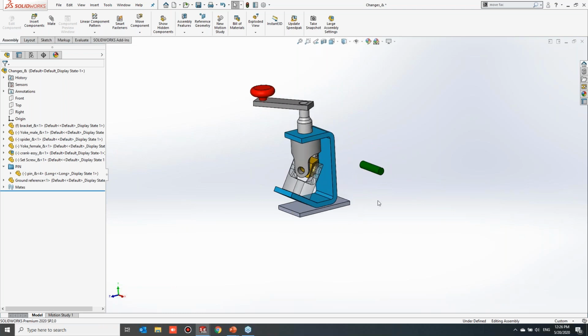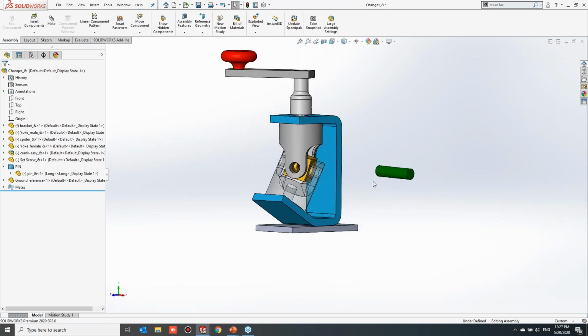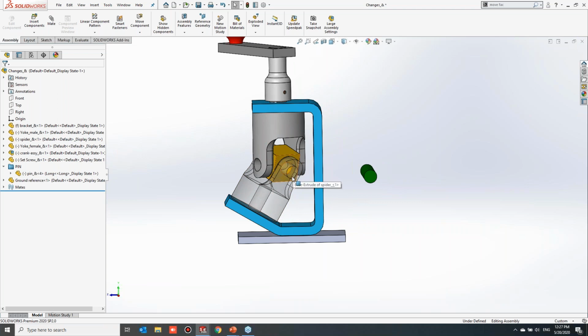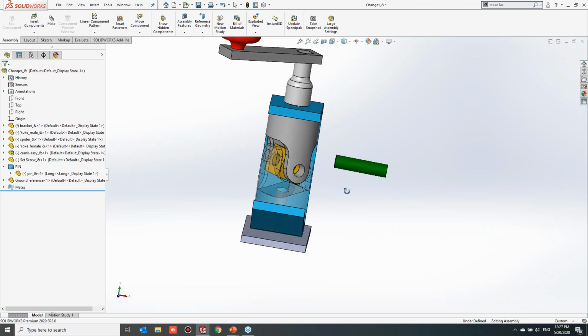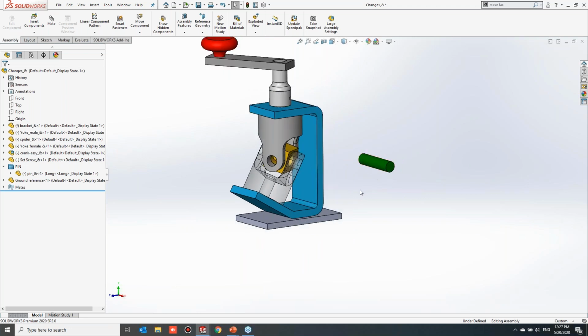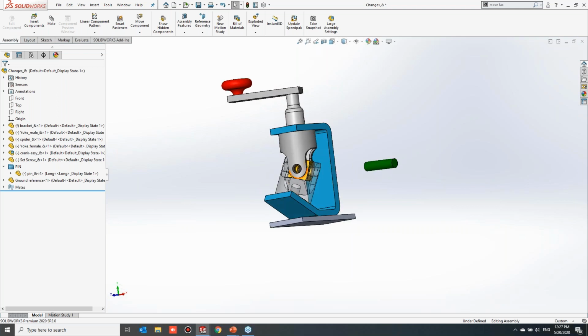Next, let us move on to the mate. When you look at my assembly, it is still incomplete, correct? I need to mate this pin, and I also need to insert 2 more pins to complete it. Now I have a pin in my assembly, but 2 more short pins are not there.